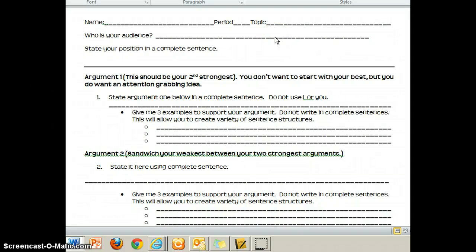This is an outline that will help you with your persuasive writing essay. There are other resources in the persuasive writing bundle that is found in your resources tab. Go to the persuasive writing stuff, and inside there's a bundle. It's just called persuasive writing. It's kind of small, so you need to look for it. But if you click on it, there will be all kinds of resources that you can use to help you